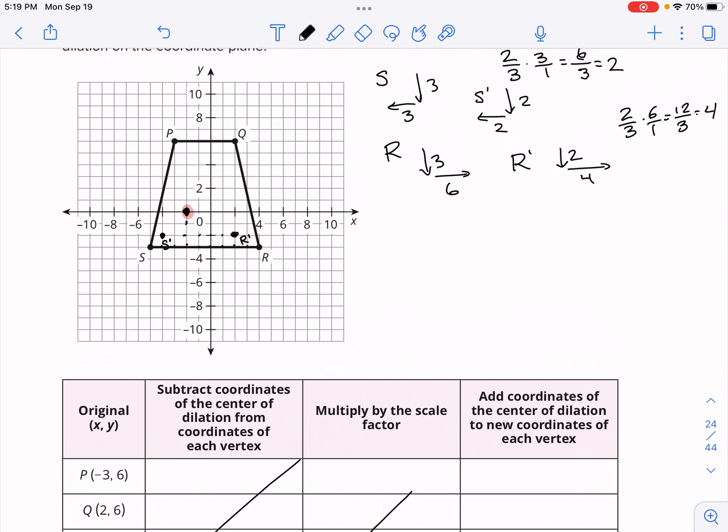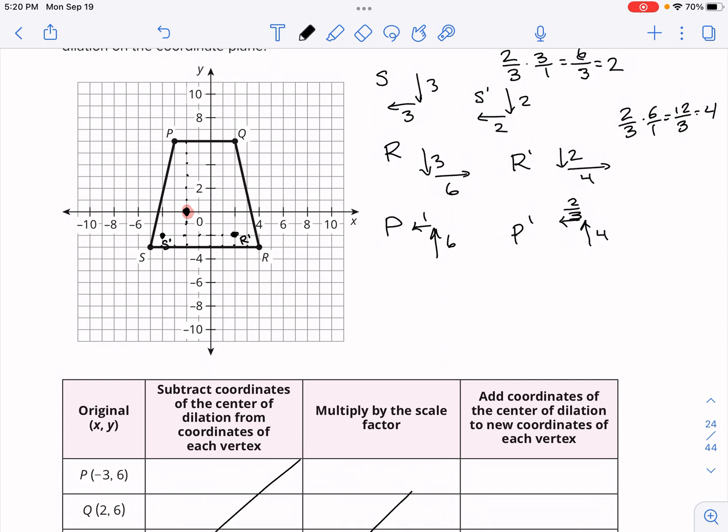These other ones, like I said, they are going to be fractions, but let's get comfortable with it. Let's go and determine for this one. I think the closest one, let's go to P. This is up 1, 2, 3, 4, 5, 6, and 1 left. Up 6, 1 left. So P prime, we've already done 2/3 of 6. So instead of going up 6, we're going to go up 4. And what is 2/3 of what moves left, which is just 1? 1 times 2/3, well, 1 times anything is just that thing. So 1 times 2/3 is actually just